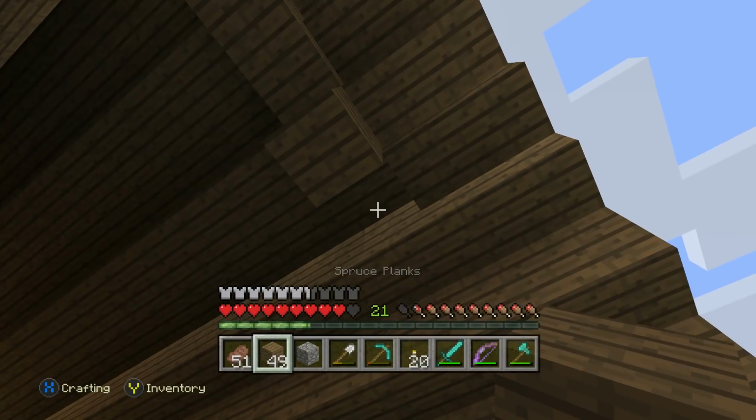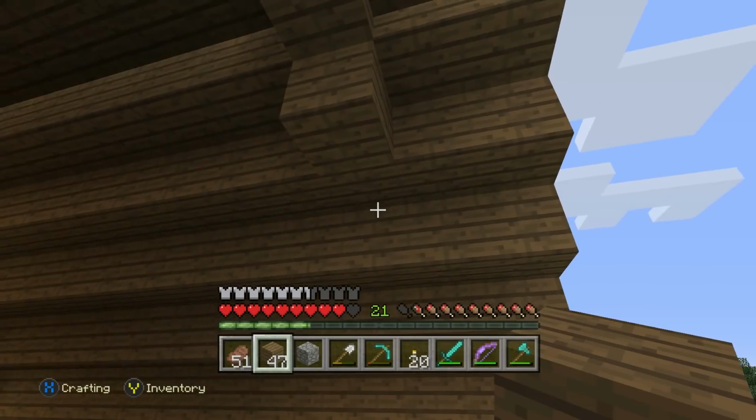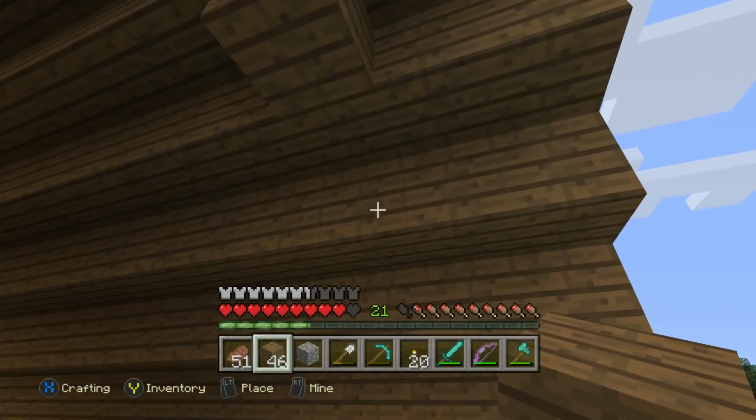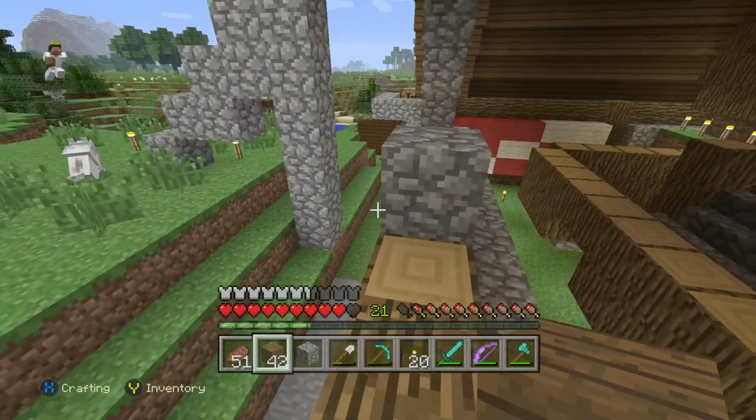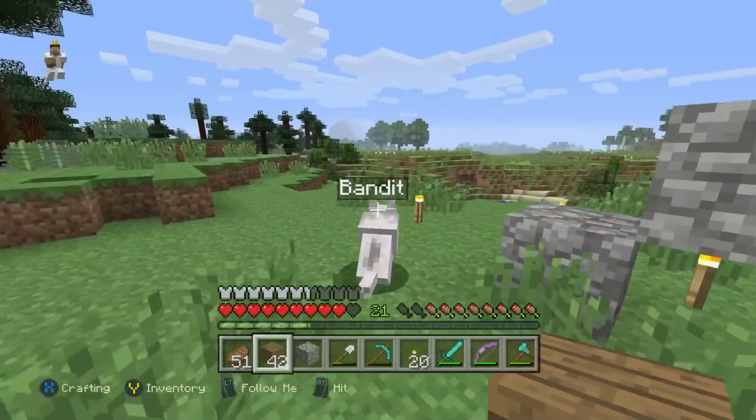Anyways, we're going to go ahead and place these right here. Place that right there. Place that one there. Place that one there. And then we can just go ahead and walk on down here. We don't have to step on anything anymore. Look at us. We got the height advantage. All right, so with that said, now we should be able to go ahead and jump right on down here